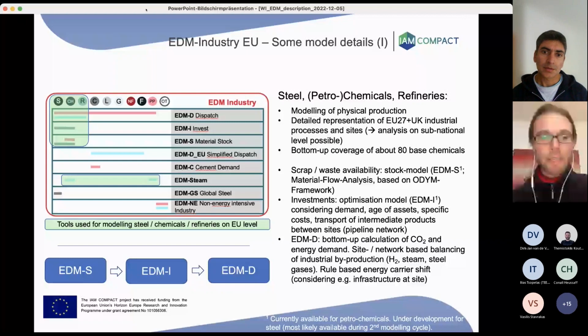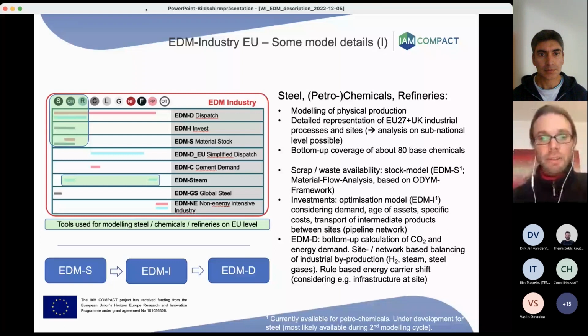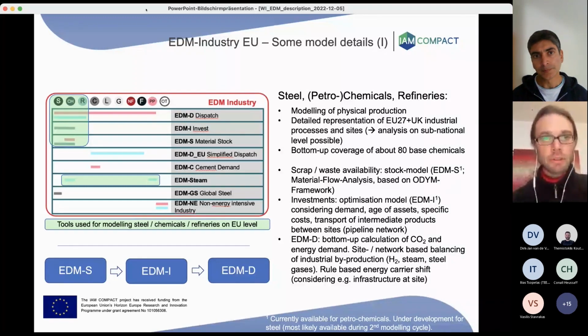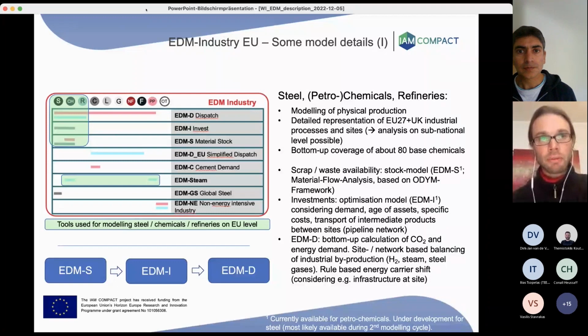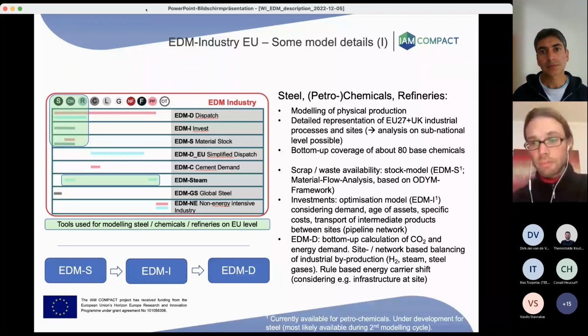Then this goes into the EDMD, a kind of dispatch model, which calculates the CO2 and the energy demand. We do a site or network-based balancing of industrial byproducts. For example, if hydrogen is produced in one process and needed in another process in the same hydrogen network, then this is balanced before the demand is given to the output.